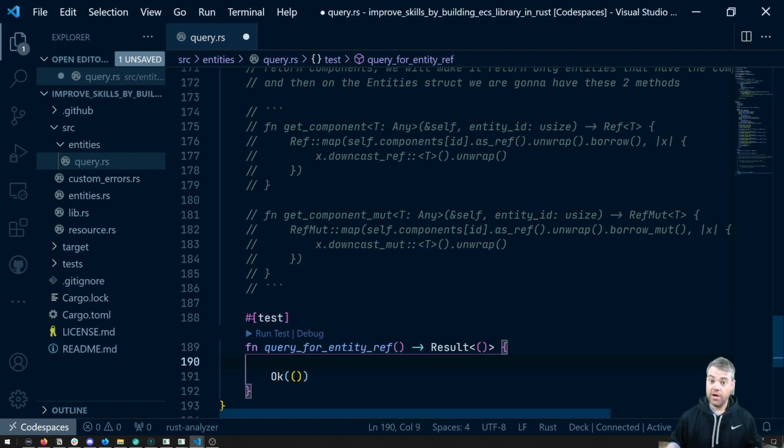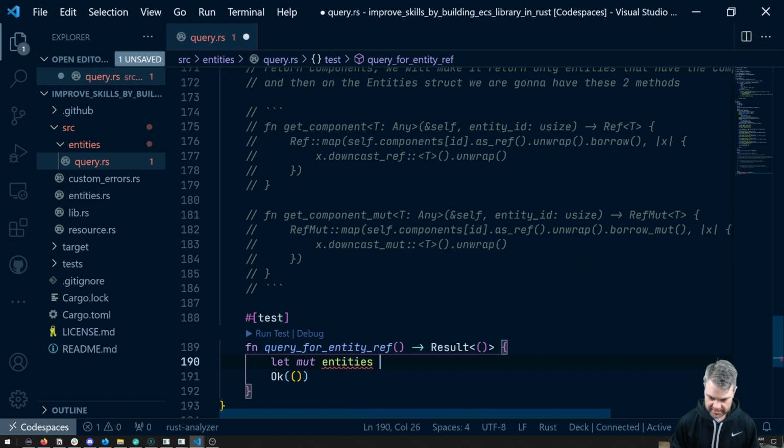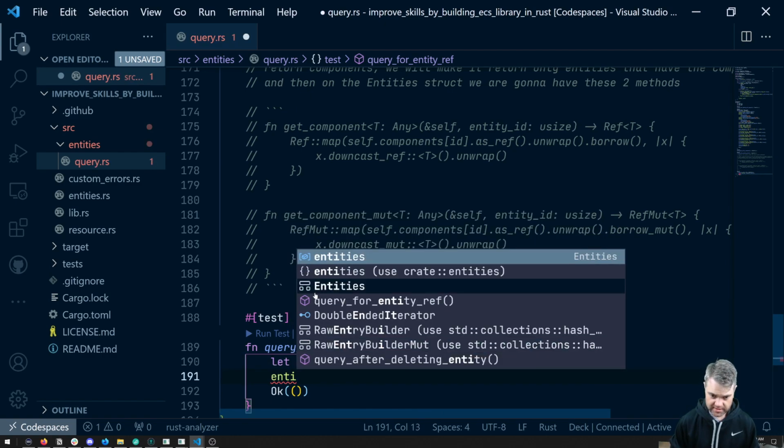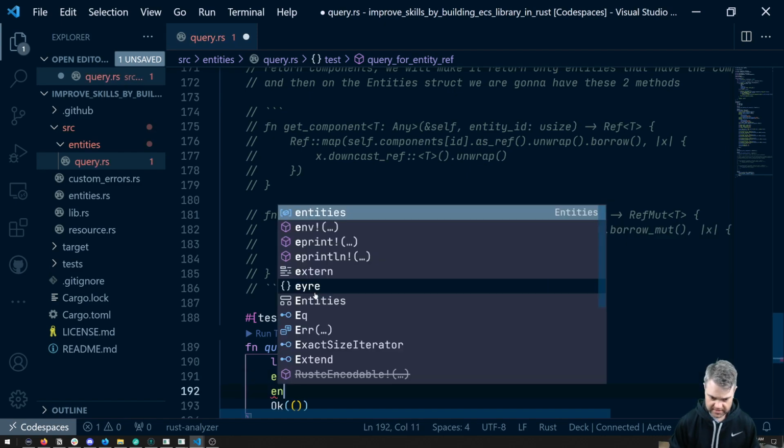All right, so first things first, we need to spin up the entities and get that all set up. So let's do a `let mut entities = Entities::default()`. We're going to need to register some components. `entities.register_component`, and let's do a U32 and